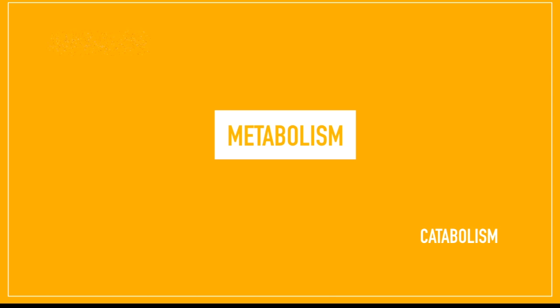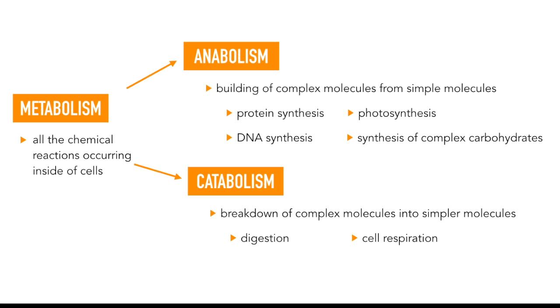Now let's talk about metabolism. First, there are anabolism and catabolism. So metabolism is all chemical reactions occurring inside of cells, and it's broken down into anabolism and catabolism. Anabolism is the building of complex molecules from simple compounds, and examples include protein synthesis using ribosomes, DNA synthesis during